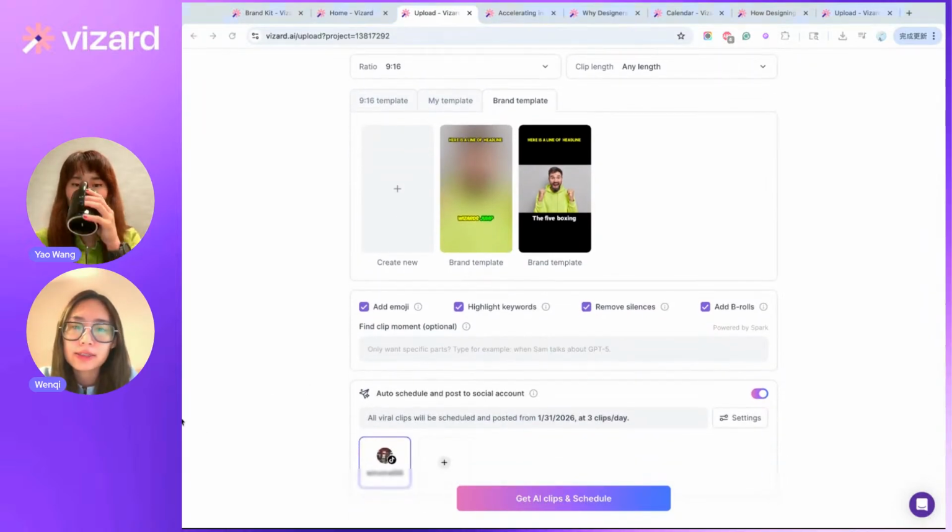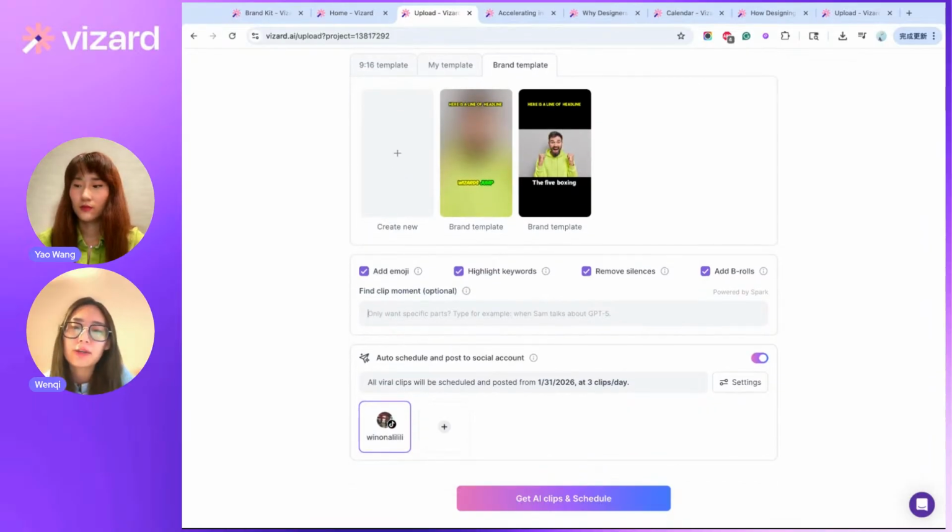All right, and the find clip moment here. This is a text entry box for you to prompt the AI, to tell the AI which part you want specifically from your original video. You can say something related to your video content. For example, you only want this part. You only want when Sam